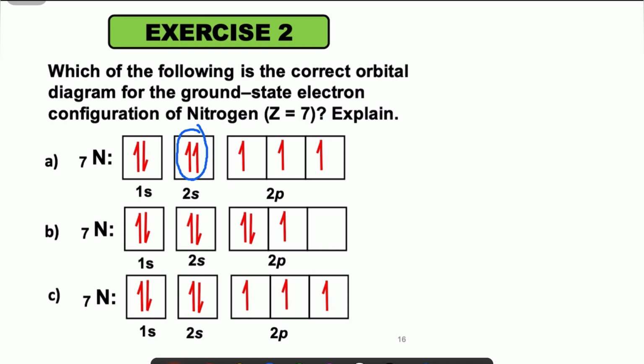Okay, so it is not correct because this arrangement shows that the 2 electrons have the same set of quantum numbers. So this one does not obey